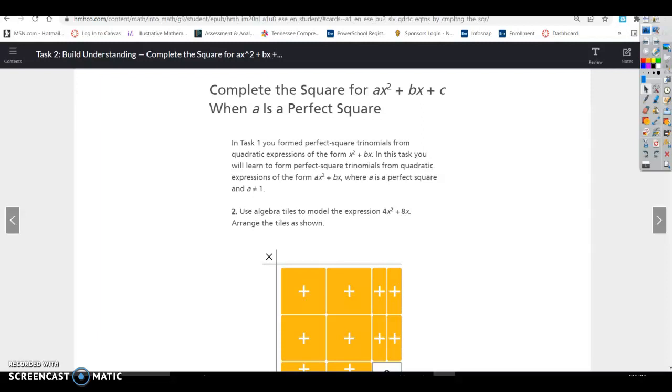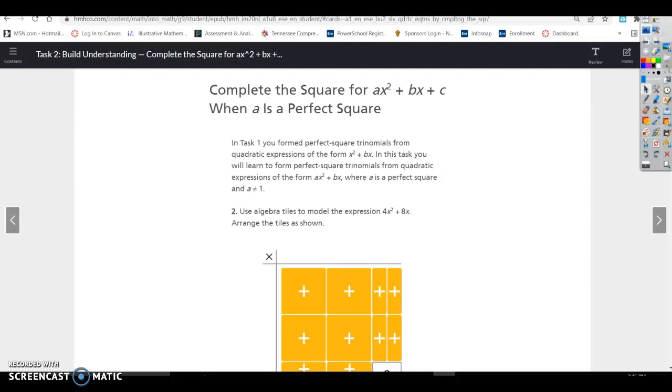Lesson 18.2, Task 2. Complete the square for ax squared plus bx plus c when a is a perfect square. Alright, in Task 1 you formed perfect square trinomials from quadratic expressions of the form x squared plus bx. In this task you will learn to form perfect square trinomials from quadratic expressions of the form ax squared plus bx, where a is a perfect square and a is not equal